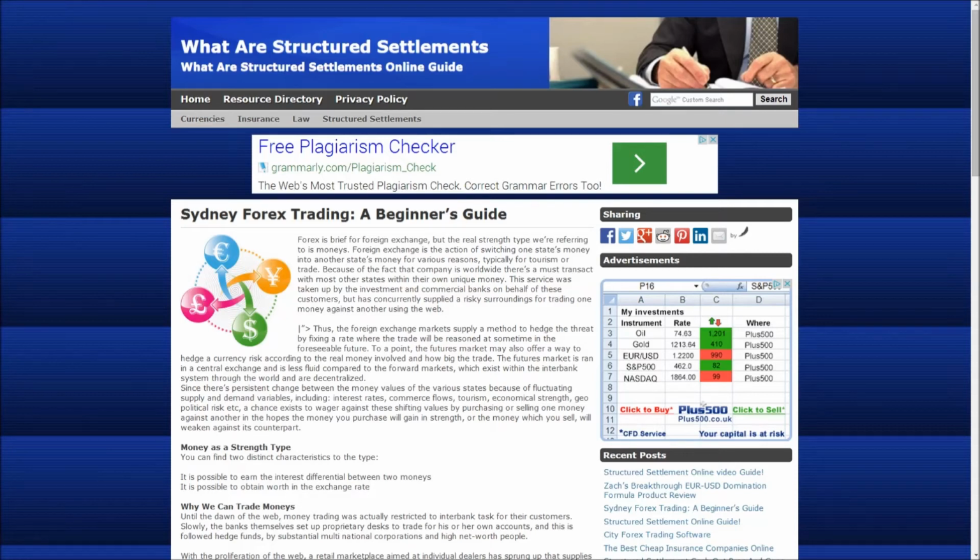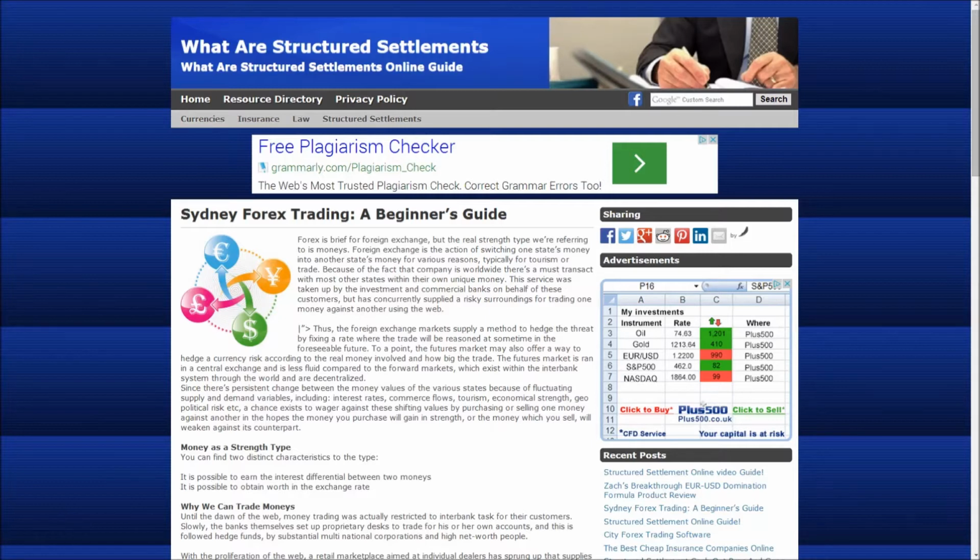Forex Trading, a beginner's guide. Forex is short for foreign exchange, but the actual asset class we are referring to is currencies. Foreign exchange is the act of changing one country's currency into another country's currency for a variety of reasons, usually